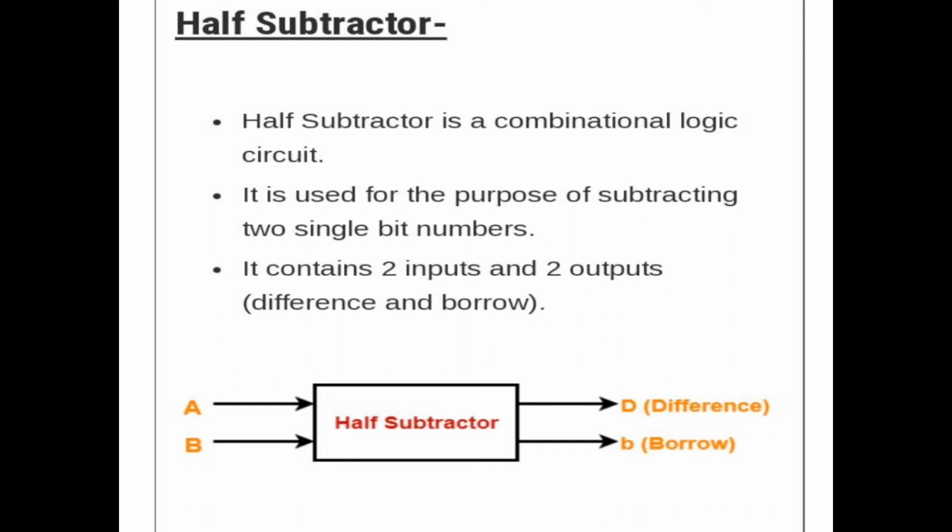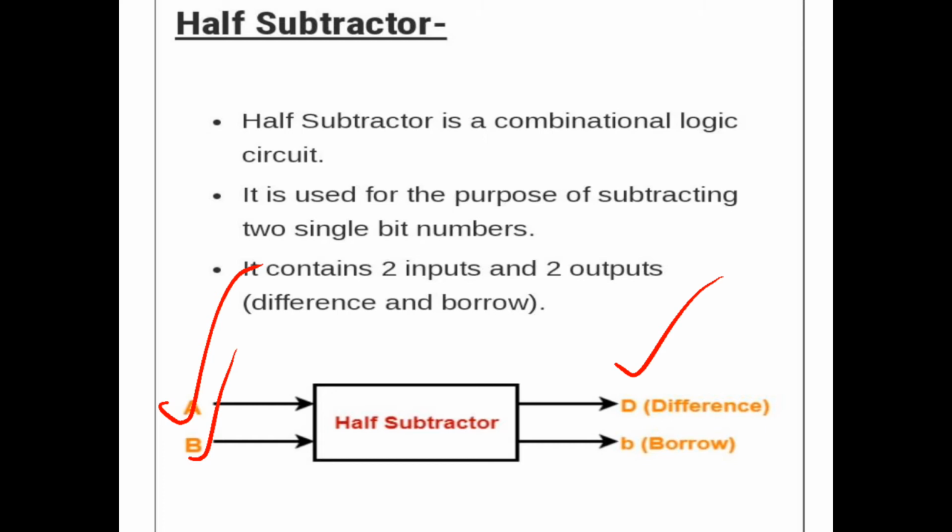In this block diagram, you can see this half subtractor, just like the half adder, utilizes two inputs, let us say A and B, which are shown here, and then the difference of A and B is used here as an output,